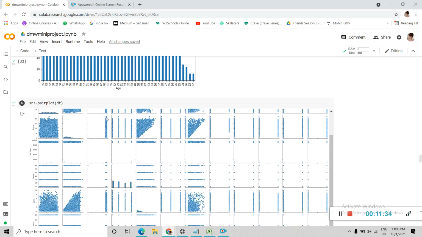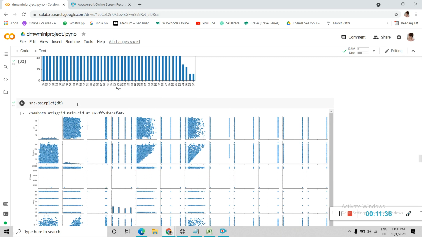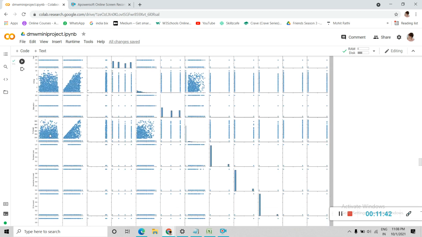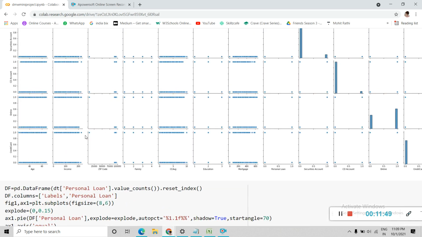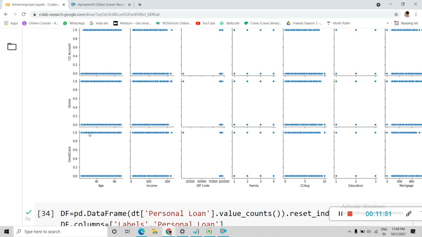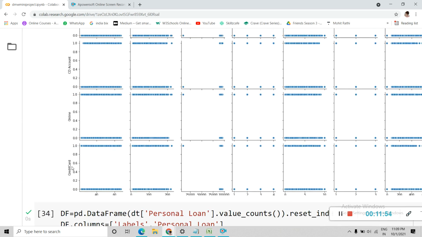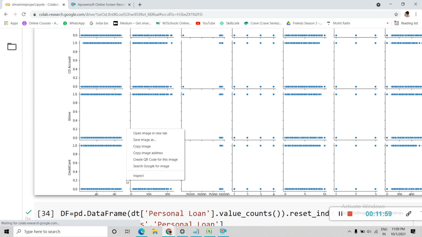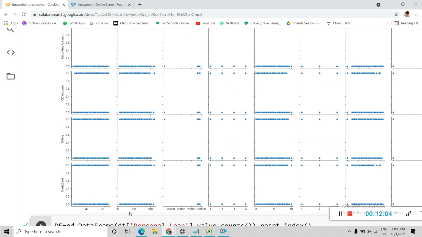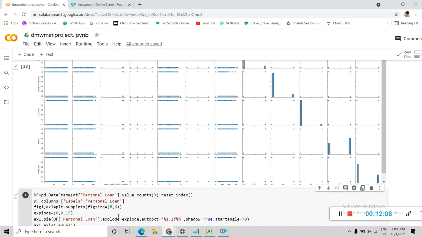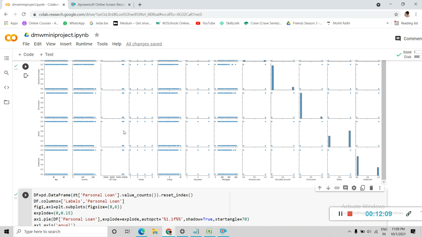Another type of comparison that we have done is the pair plot. Here we are comparing all the elements against each other. If we zoom in, we can see that all the variables are compared with each other. Here we have credit card, online CD account, and similarly different variables, and all of them are compared with each other using graphs.